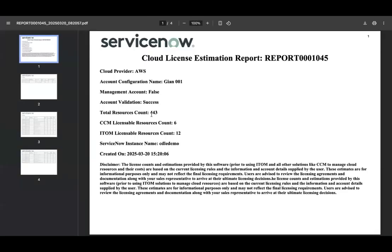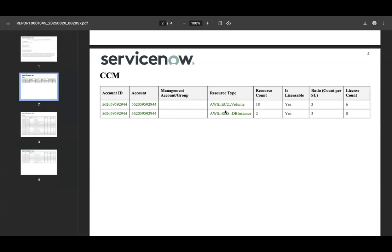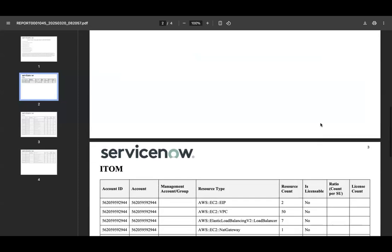And the latest report is ready. So it took very few seconds. We have a full report where it says, okay, what are the ITOM and CCM licensable resource counts? And you'll have the breakdown, first of all, for CCM, and again, with all the ratios for SU and then